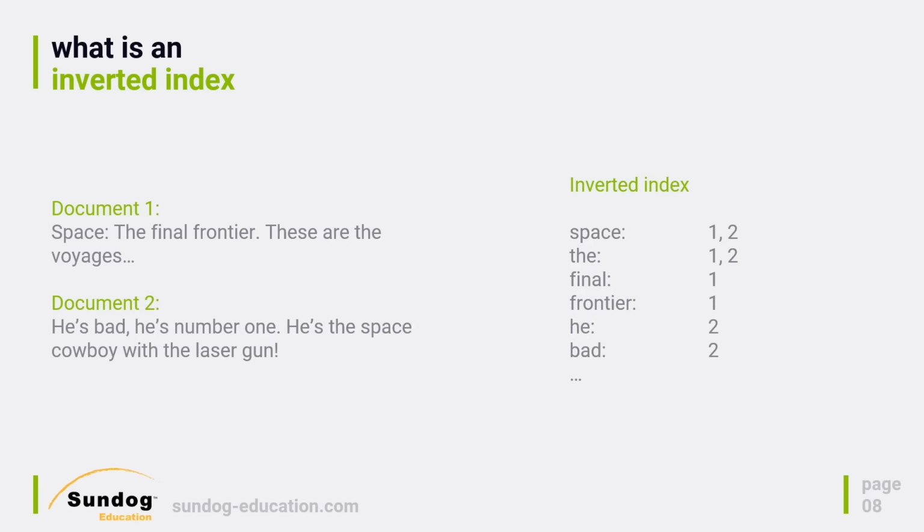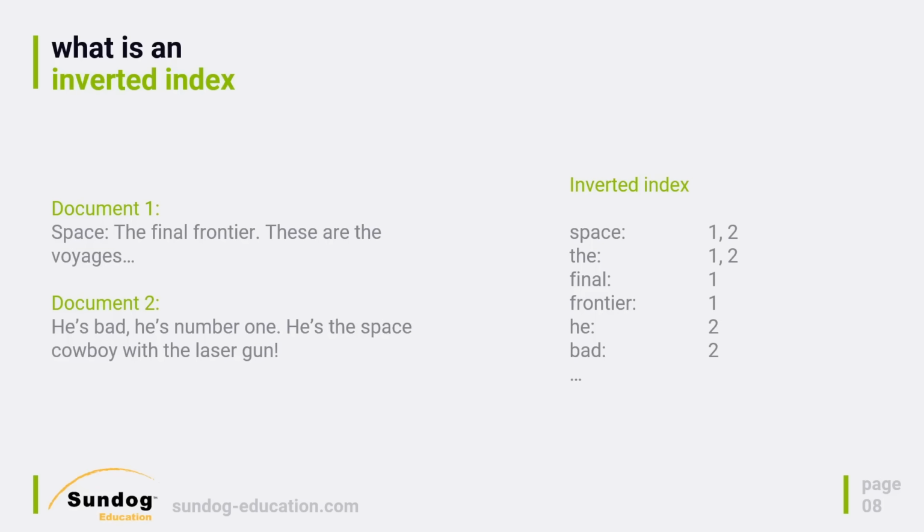Instead, it flips it on its head. So what it does in a search engine is it actually splits each document up into its individual search terms. And in this example, we'll just split it up for each word, and we'll lowercase them just to normalize things. And then what it does is it maps each search term to the documents that those search terms occur within. Okay, so in this example, the word space actually occurs in both documents. So my inverted index would indicate that the word space occurs in both documents 1 and 2. The word the also appears in both documents, so that will also map to both documents 1 and 2.